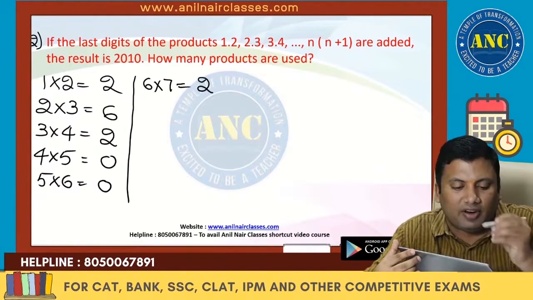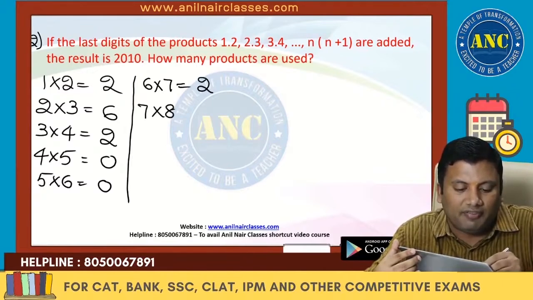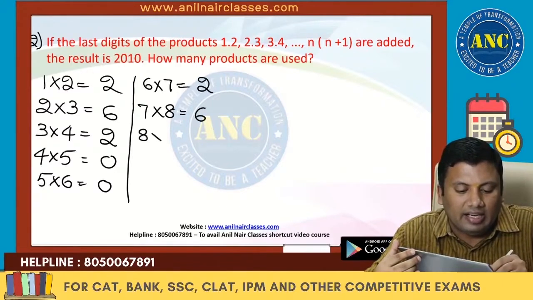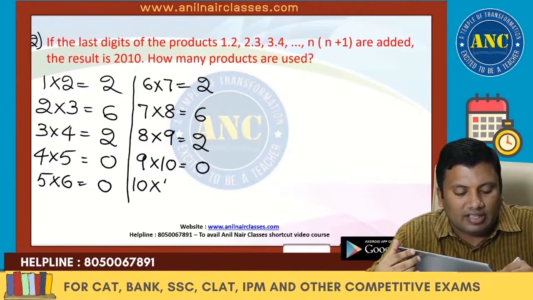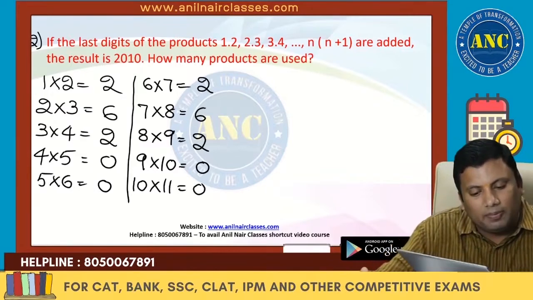Now let me write here so that you will understand the pattern. 6 sevens are 42. 7 eights are 56. 8 nines are 72. 9 tens are 90. Unit digit. 10 elevens are 110. Again 0. That means if you observe